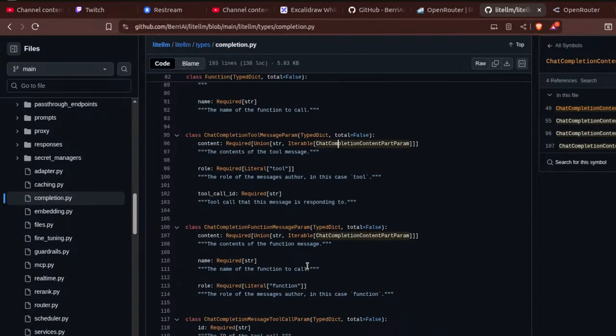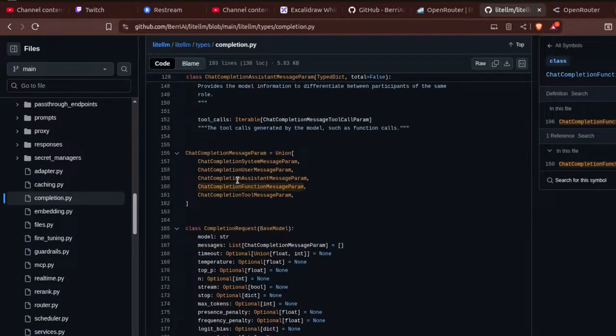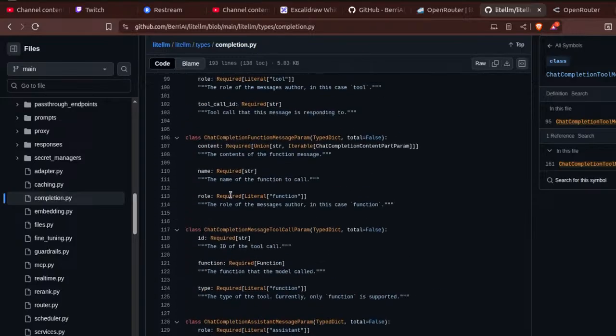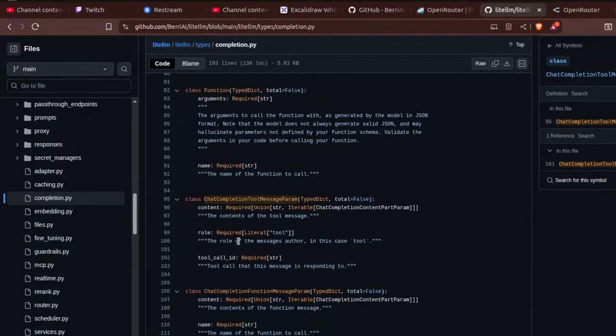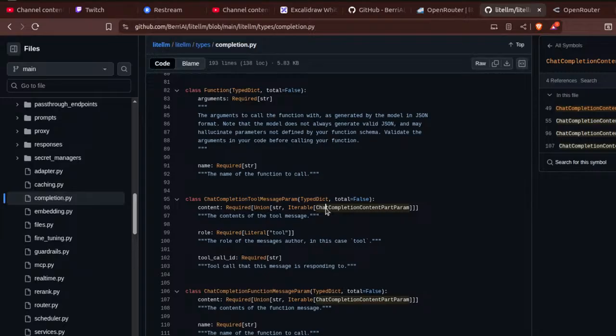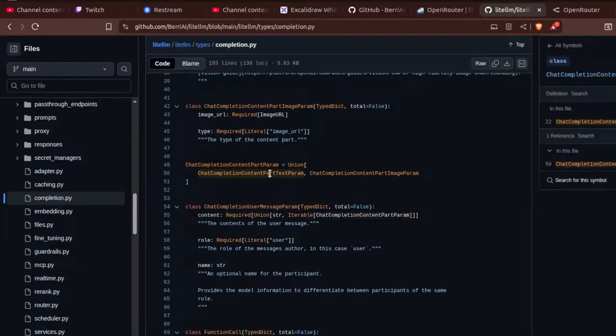Okay, so this is the thing that we'll call the parameters along with its values. However, there is something different between... oh, they don't have a difference. A function calling and tool message param. Looks like they don't have any difference because, oh yeah, it could be either of them, right? The content could have the actual value, so it could be text part param,